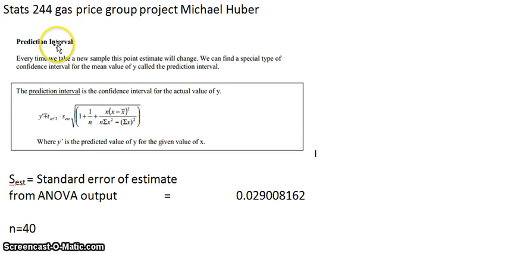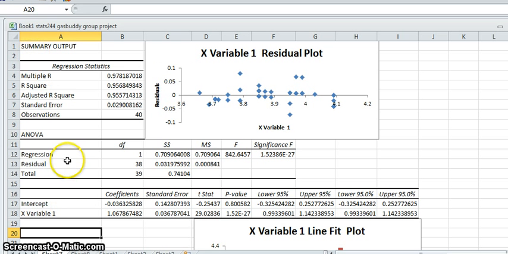Hi, I'm Michael Huber doing the STATS244 gas price group project, and I'm doing the prediction interval for our group. To find the prediction interval, we have to find several numbers, some of which I found from my ANOVA table. One of the most important numbers we need for our prediction interval is the error, E. And to find that, we're going to need to find our standard error of estimate from our ANOVA table in Excel. If you go up, you can find it right here under the regression statistics, and you can see it's